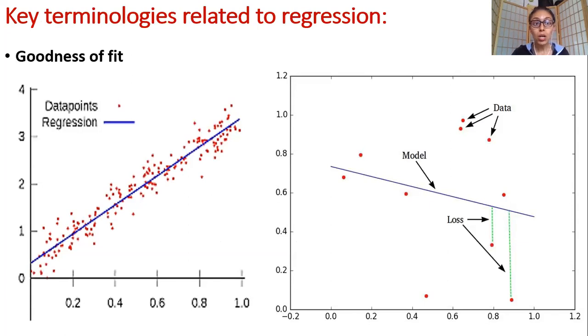So now there are a few important key terminologies when you're talking about regression. One theoretical terminology is called goodness of fit. Okay. So what is goodness of fit? Goodness of fit is basically telling you, is your model a good model or a poor model? Okay. And how is that determined? That is determined by how close these red dots are to your line of regression. So this blue solid line is called the line of regression. Okay, so basically this is like your central tendency, the concept which we covered earlier. Meaning the closer the dots are to your central tendency, the better the fit of the model. It's a good model.